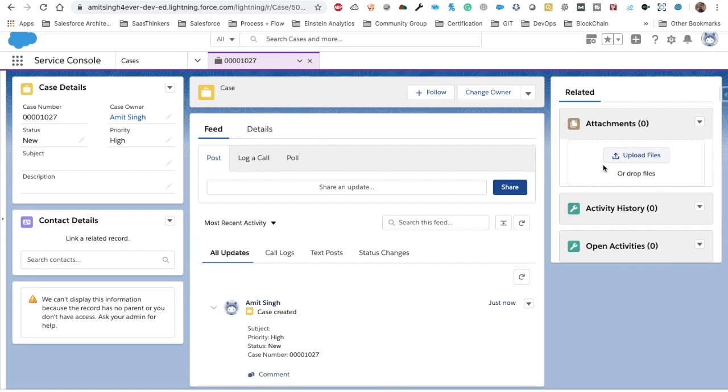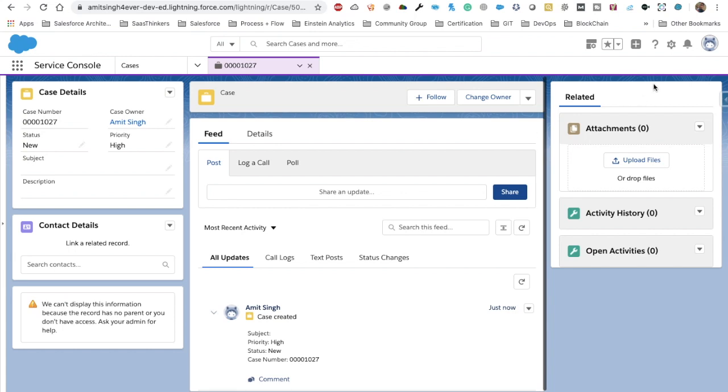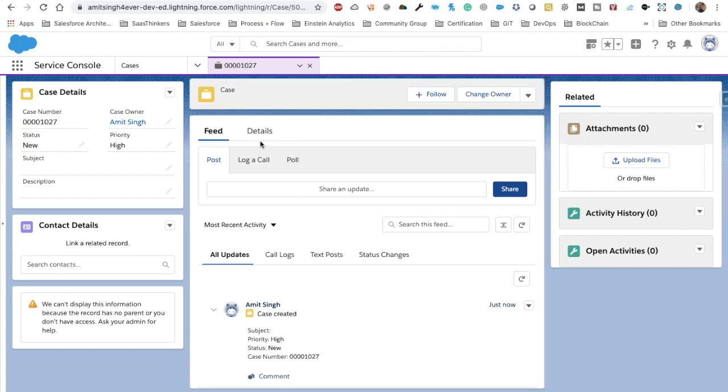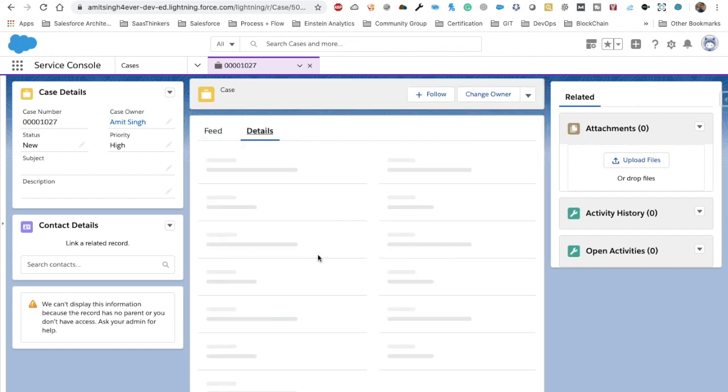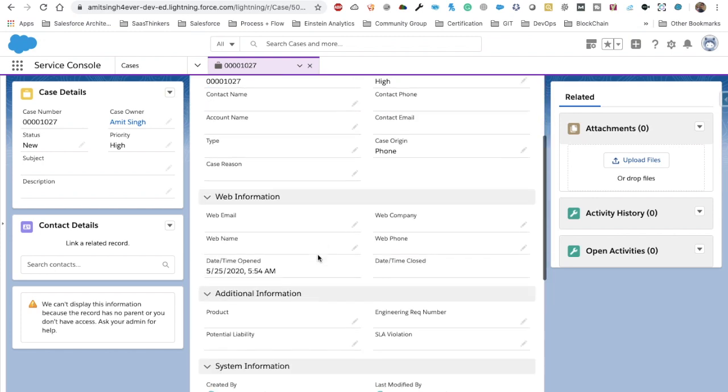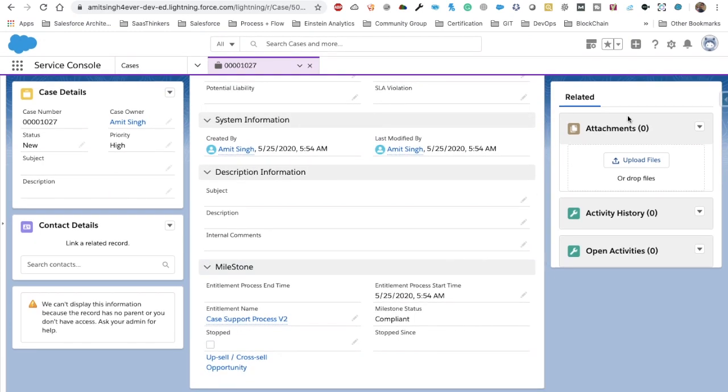We have got this, but we are not able to see that milestone. What happened? We selected that. Okay, let's see if we have added that or not, or if there was any error while adding that milestone into our case layout.